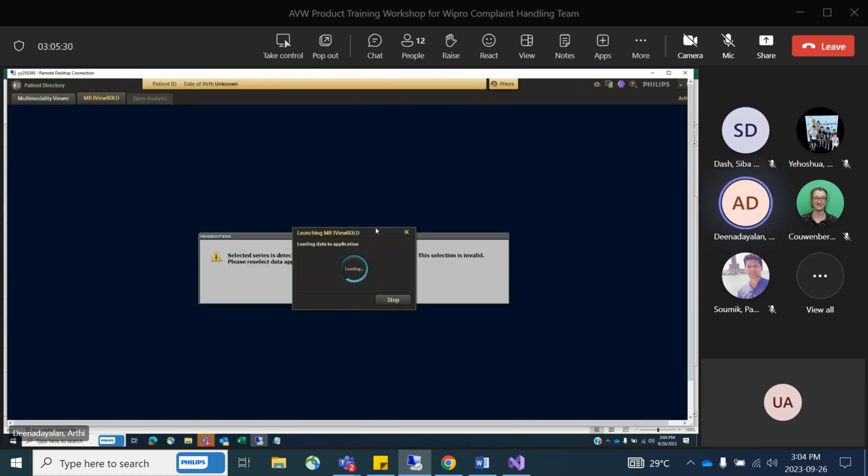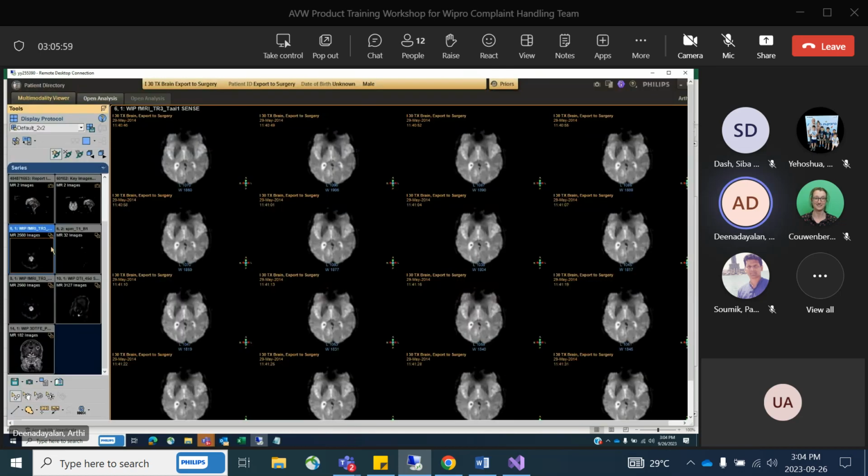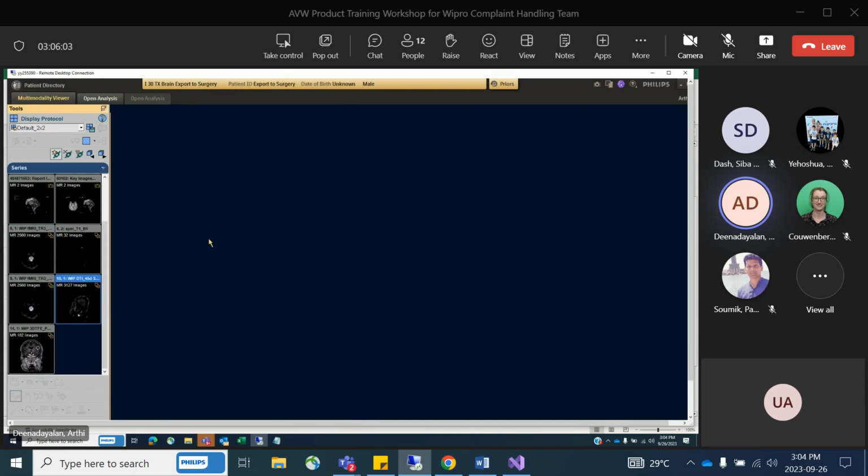Can you see there is one pop-up message getting displayed at the background? Let me just see: the selected series is less than 20 dynamic time points, so this selection is invalid. There are many chances that you get cases from the field saying, I'm not able to load the study into fMRI. When such cases come, first you have to load the study into MMV, take the series, drag and drop the series like this to your MMV,